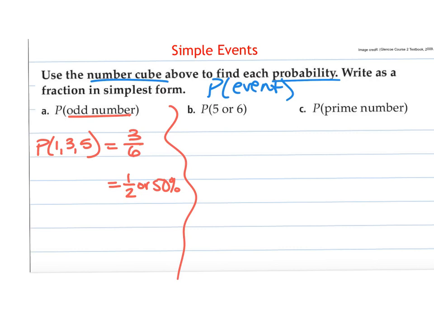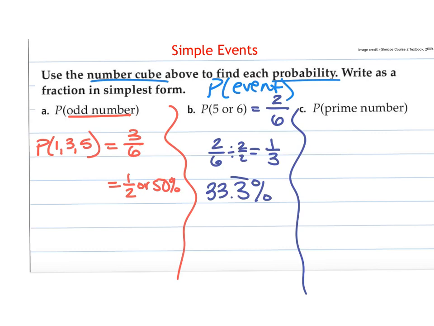Probability of getting a 5 or a 6. So again, I know that if I roll a dice, there are going to be 6 possible outcomes. A 5 or a 6, so the possibility of rolling either one, those are 2 of the 6 numbers. So 2 out of 6, those share a factor of 2. We can simplify to 1/3. So I have a 1/3 chance, or a 33.3 repeating % chance of rolling a 5 or a 6. It's unlikely, it's less likely than just saying odd or even.